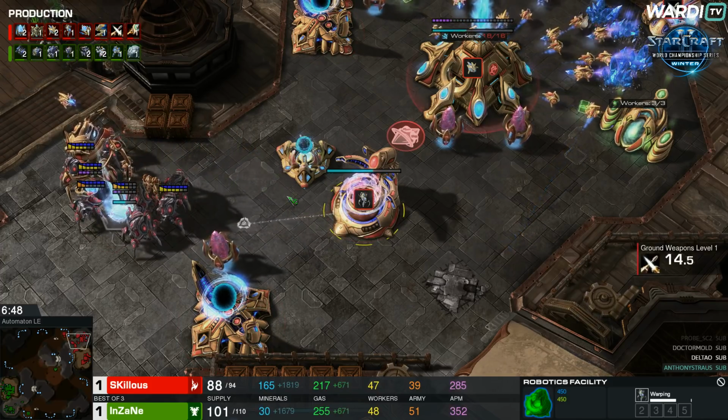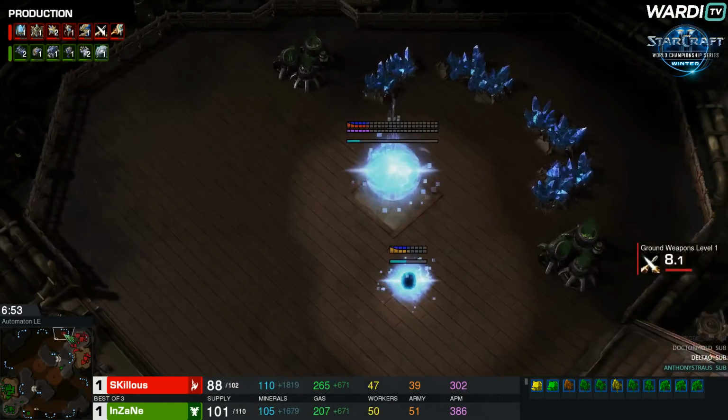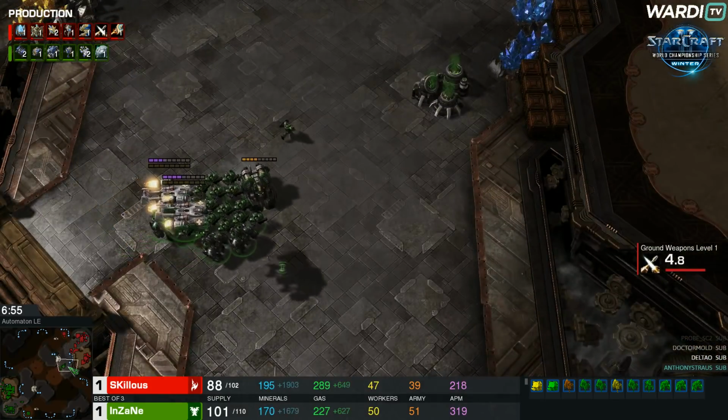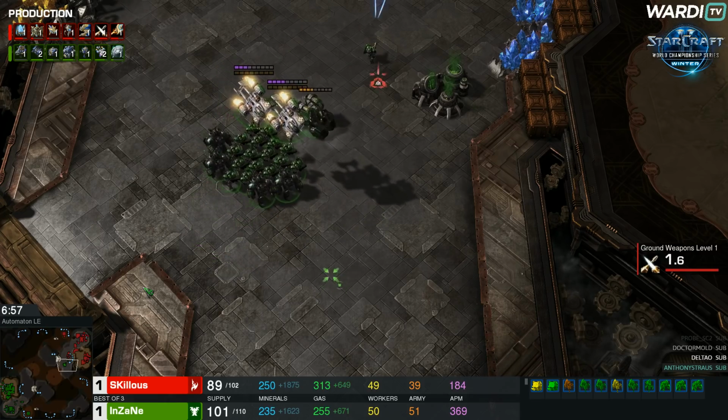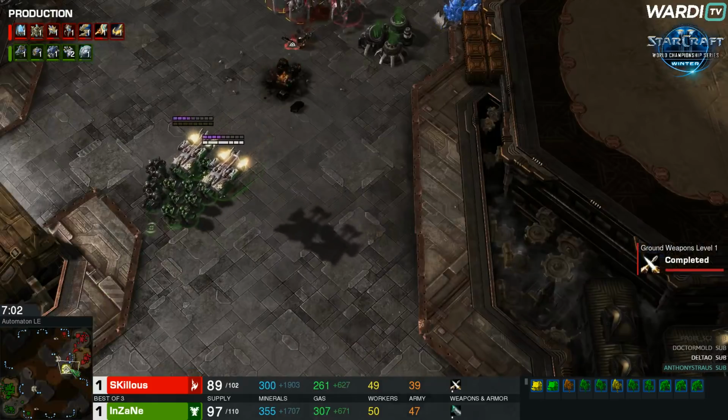Colossus, number 2 on the way now then. Charge on the way up as well. So Skillous just now drops the third expansion. Again, that's later than usual, but of course he has a bit of a stronger force than usual, a bit more tech heavy, rather than just pure gateway units. Again, we're going to see...